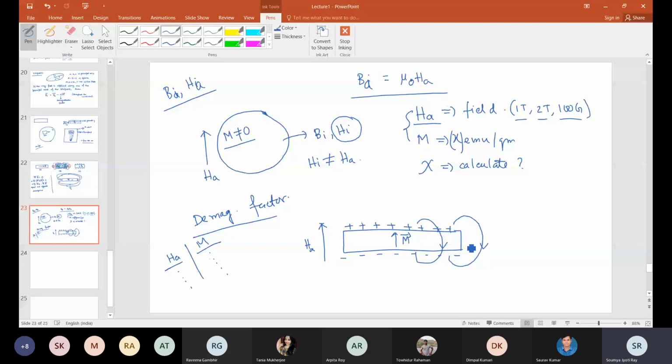So effectively the total field, or the actual field that the material is experiencing, will be HA plus HD. So whatever M we are calculating is a response of HA plus HD. Is this clear?